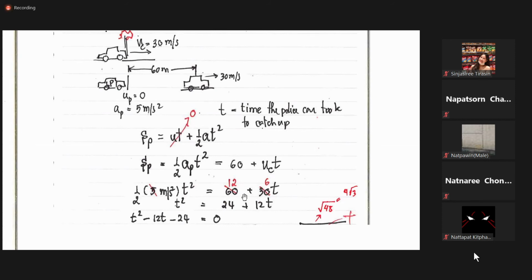Divide both sides by 5 and multiply by 2. What you get is t squared equals 24 plus 12t. So it is t squared minus 12t plus 20 minus 24 equal to 0. Now,